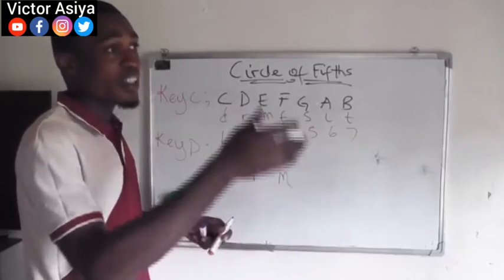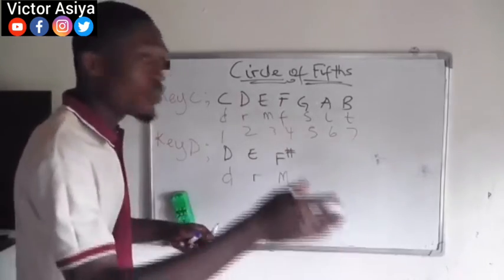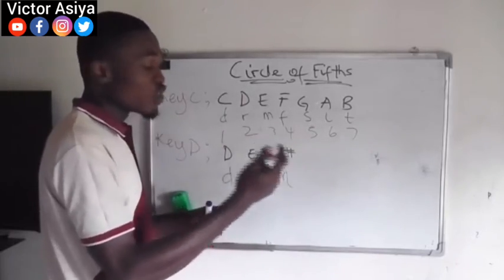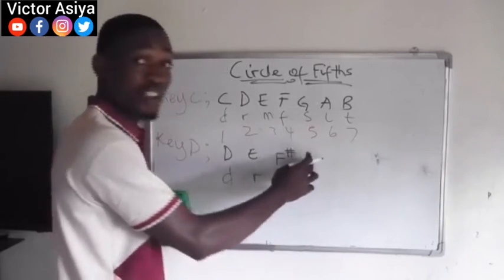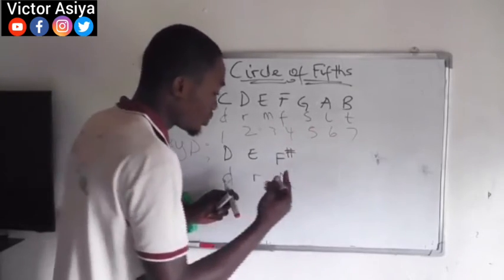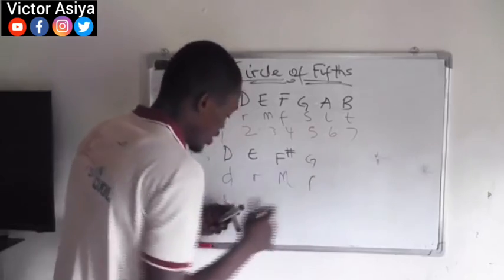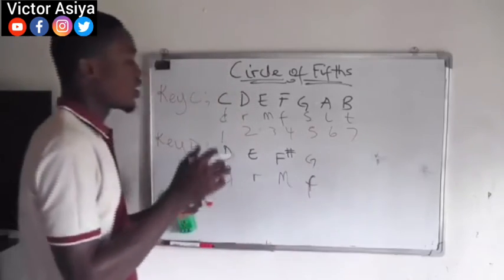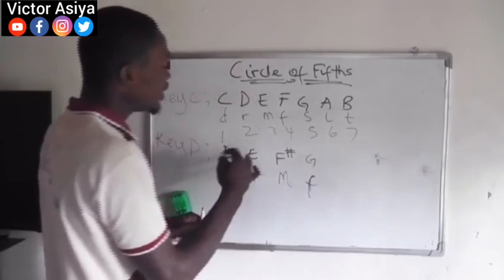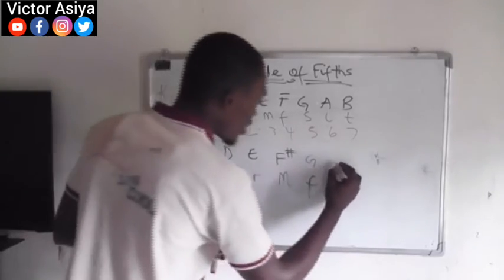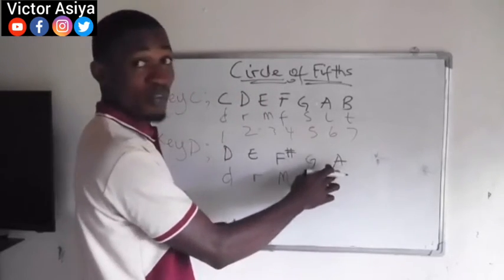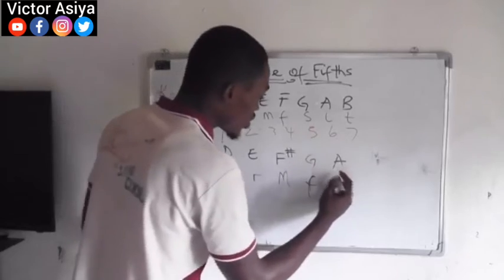So that space is representing F sharp. So after that F sharp is going to give you G. And you know, between mi and fa is a semitone. So you don't have to skip. So F sharp to G is actually a semitone. So you don't skip. So fa will now be a semitone. And D, E, you have D, E, F sharp, G, A. So from fa to sol is actually a tone.